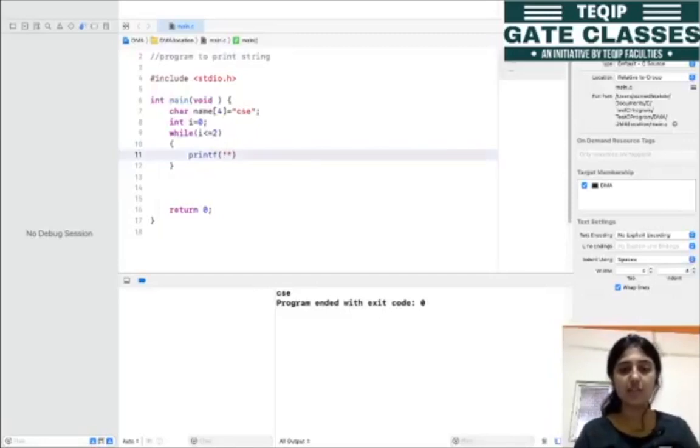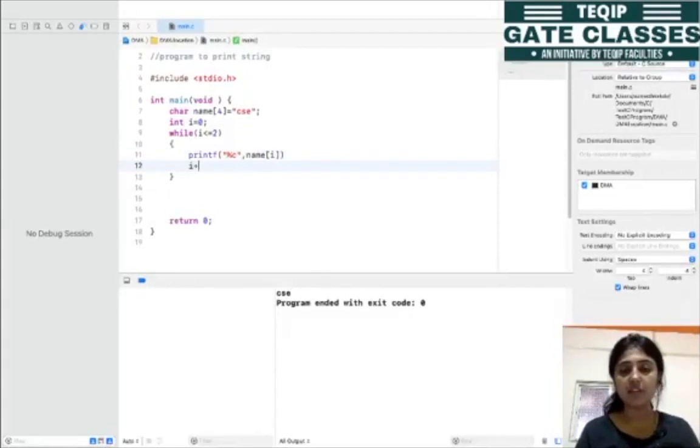For character we know the format specifier is %c, comma, this array name with that particular subscript. ठीक है? And then after printing the first character we want to increment i so that it points to the next character inside that array.